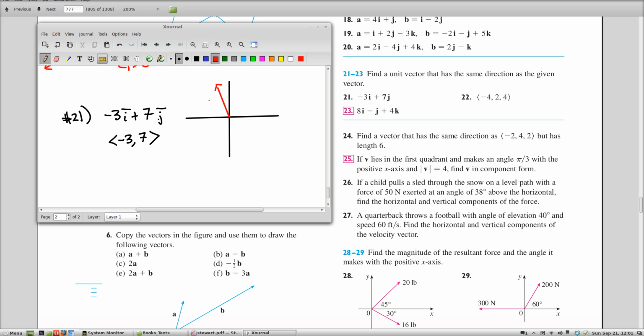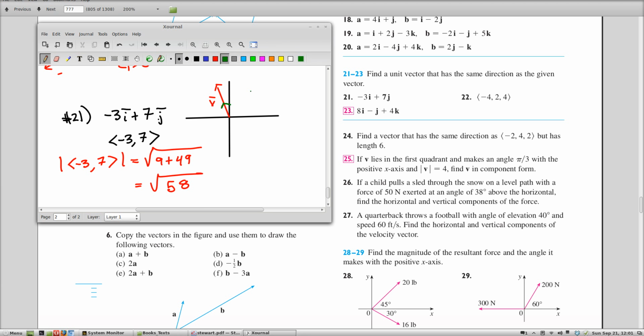And let's call it v. And it has a magnitude, but the magnitude is probably not 1. Let's check and see what the magnitude is. -3, 7, and if they're being nice, maybe this will actually be a square under the radical here. Let's see, so 9 plus 49, it's going to be 58, which is not nice. Okay. Now, all right. So what I want is something that goes in the same direction as v, but has